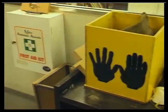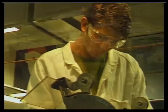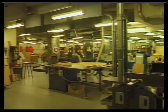Workshop injuries can seriously affect the rest of your life. No one can afford to lose sight or limbs. You must make sure that you and your workmates work